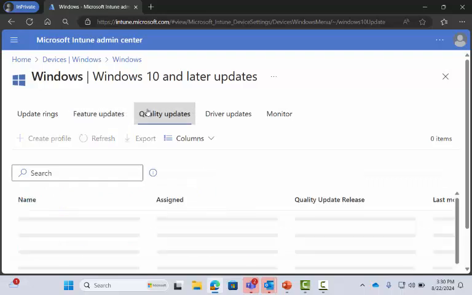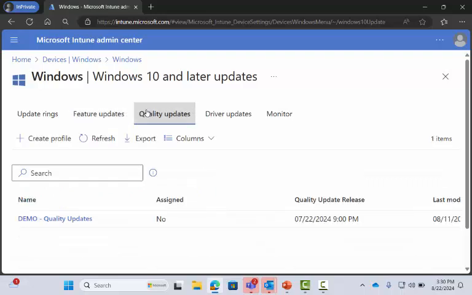Similarly, you have quality updates, and quality updates also will take precedence. You don't see any auto patch stuff here, right? On purpose, once we talk about what this is. If you do configure something in quality updates, then it will also take precedence over whatever settings you have in update rings. Effectively, what the quality updates option here is